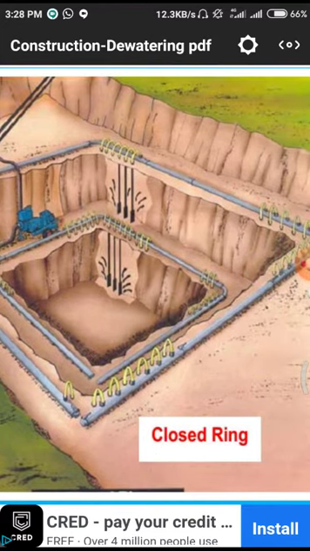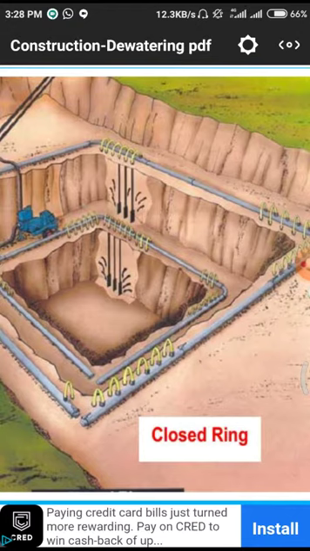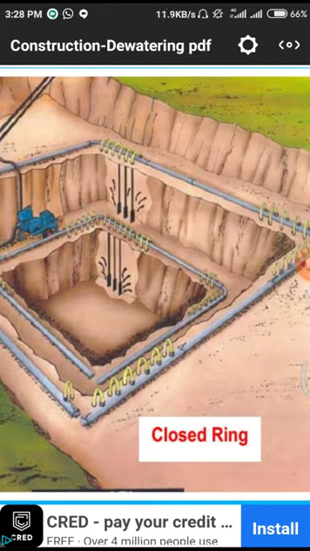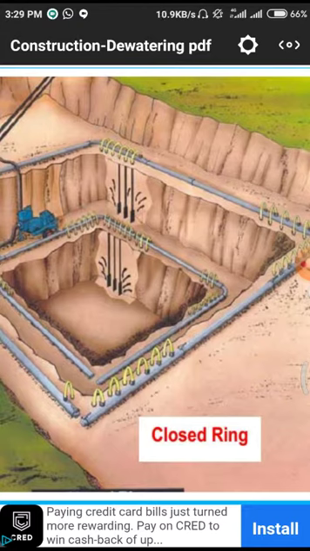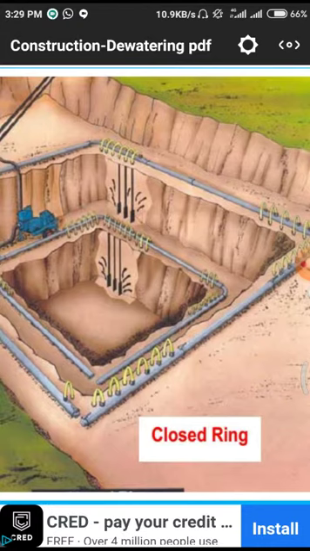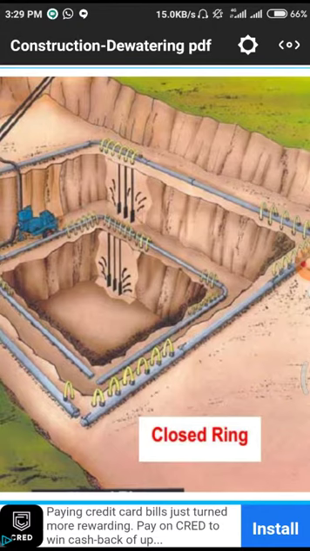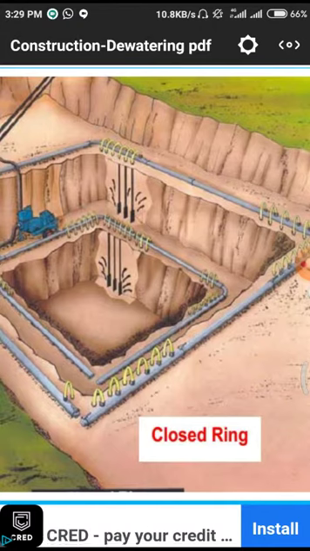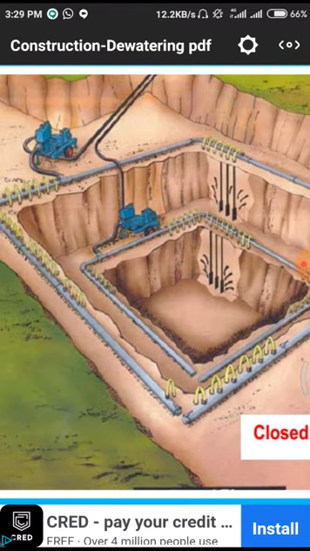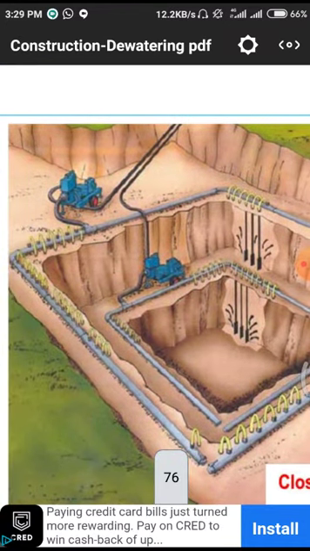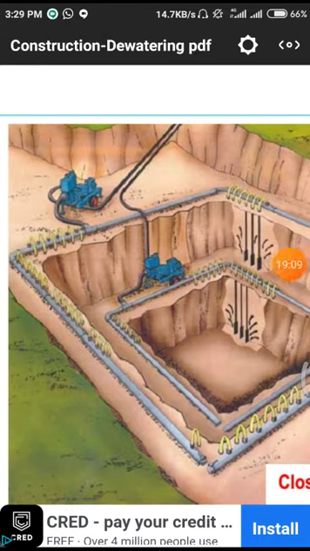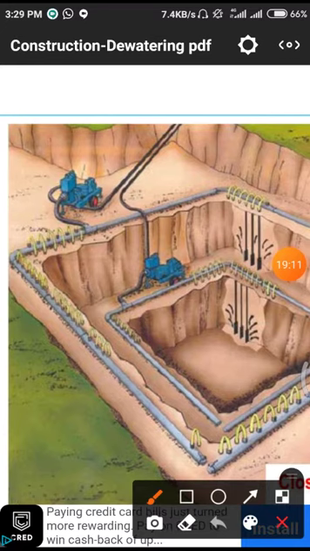In this particular closed ring also we have the main pipeline system and these riser pumps. All those riser pumps are located at different locations where there is a huge quantity of water, so that those riser pumps will collect the water from those points and feed it to the main pipeline system, and that main pipeline system is associated with this main motor, and the main motor will draw that water into another field. This is the main motor.